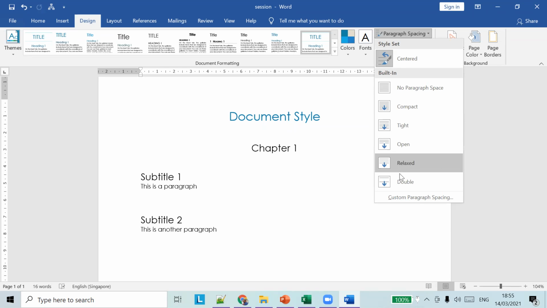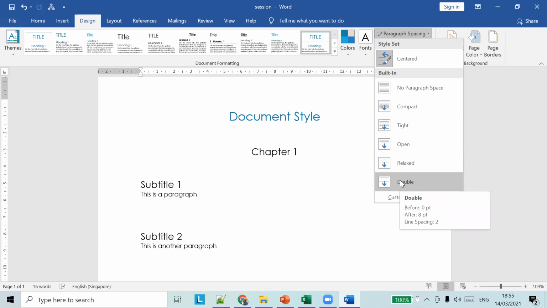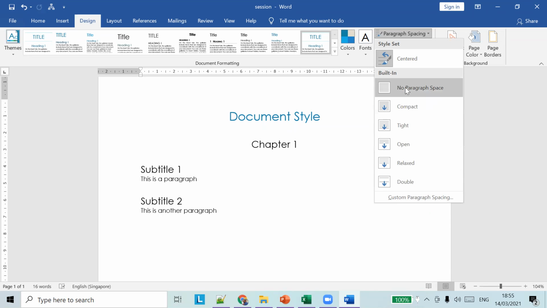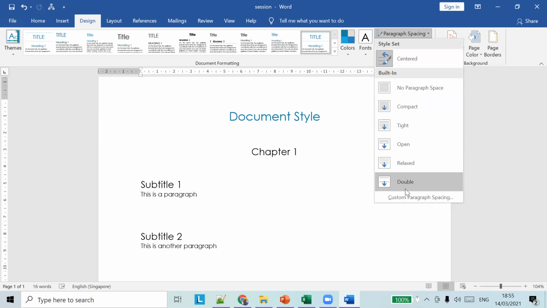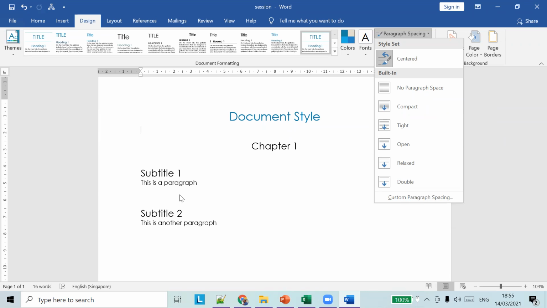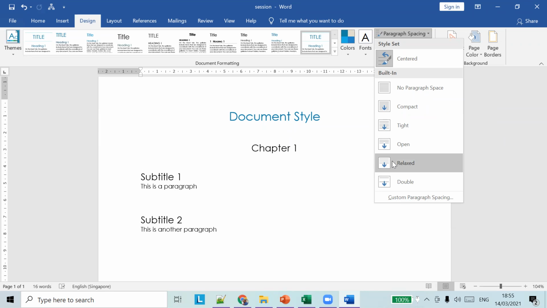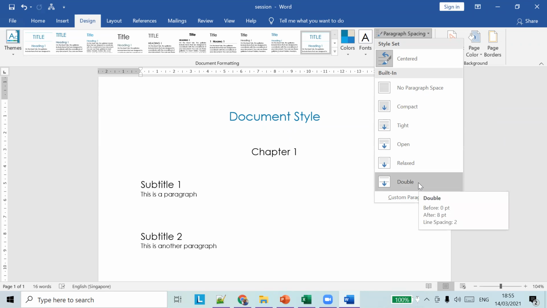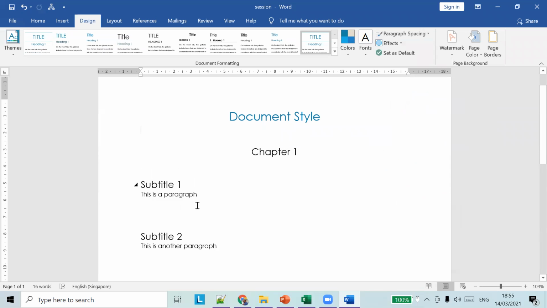You can see the space between each paragraph, and if you hover over it, you can see the space between two paragraphs getting adjusted automatically. Let's say double, it will add more space.